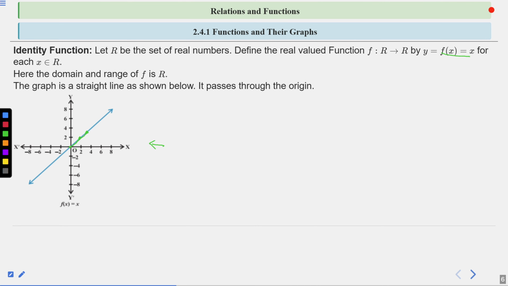Okay, graph plotting. Okay, so quite simple how we are getting this graph. So if you recall, your function is nothing but your function is nothing but your